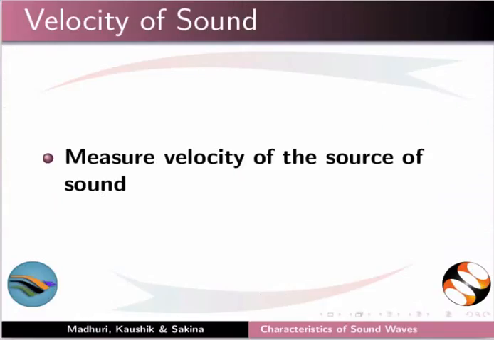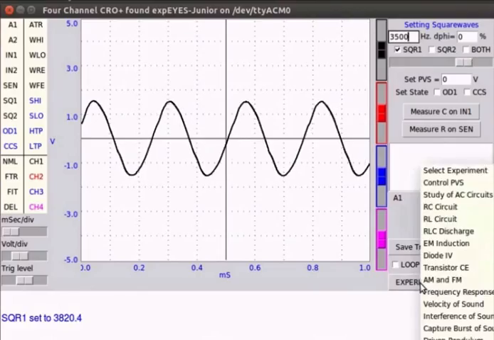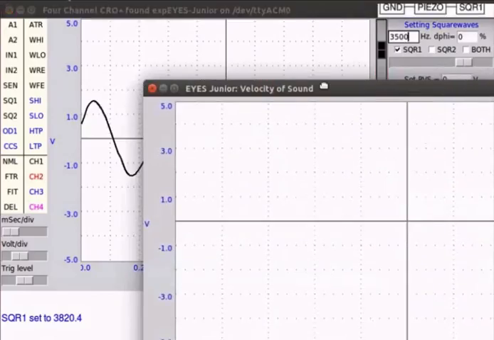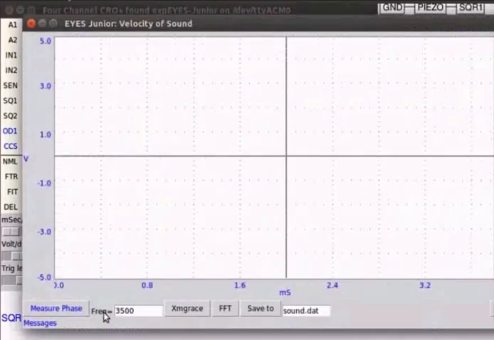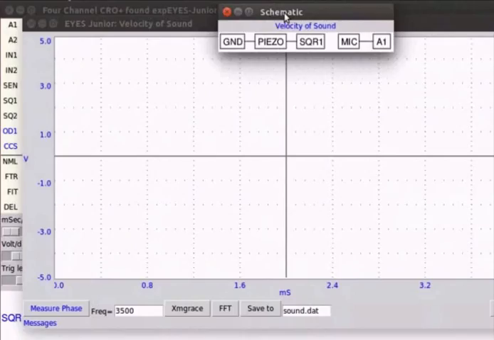Now we will measure velocity of the source of sound. On the plot window, click on Experiments button. Experiment List opens. Click on Velocity of Sound from the list. Two new windows, Eyes Junior Velocity of Sound and Schematic open. Schematic window shows the circuit diagram of the experiment. On Eyes Junior Velocity of Sound window, click on